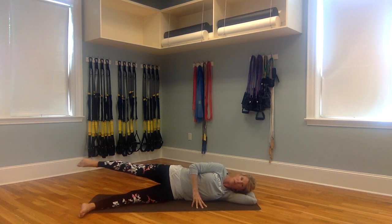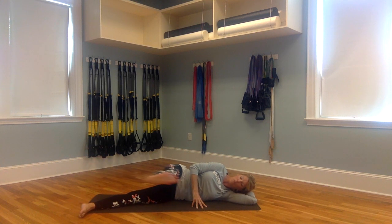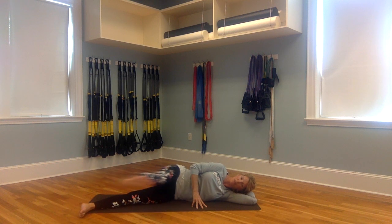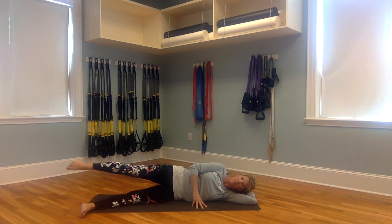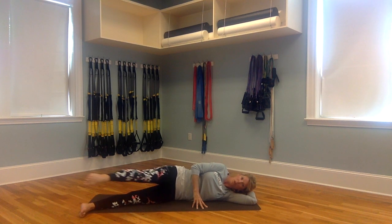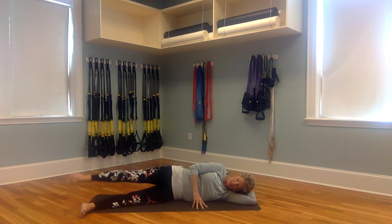Point the leg, sweep it away. Point 1, 2. Sweep that leg away. Flex the foot, flex the top leg, bring it back. Nice long line in the leg, stabilizing your whole body against that big movement of the sweep of the leg. Let's do one more. Reach it forward, pulse 2, reach it all the way back, then stack those legs, bend